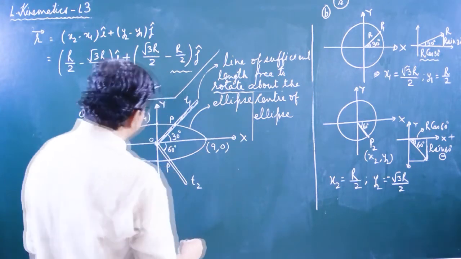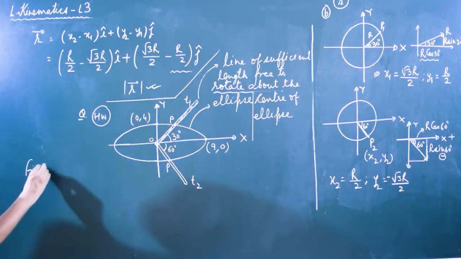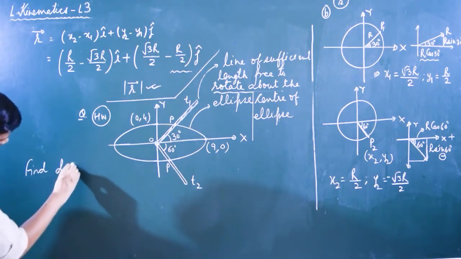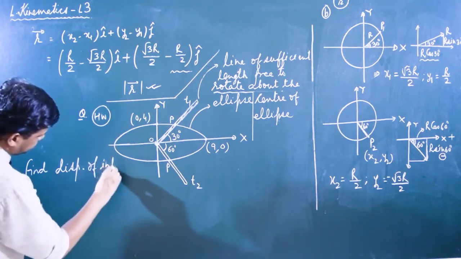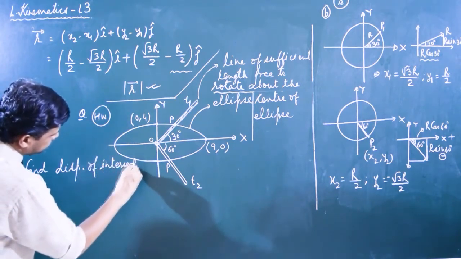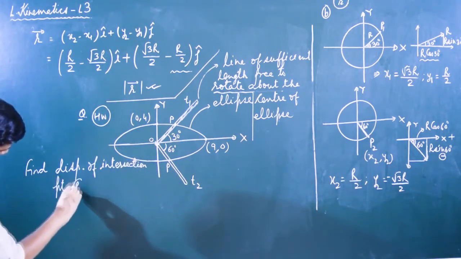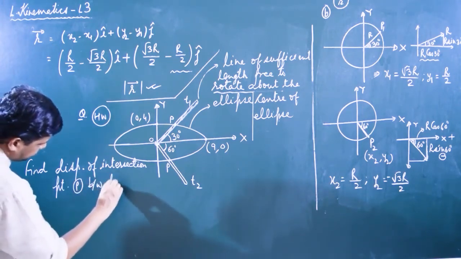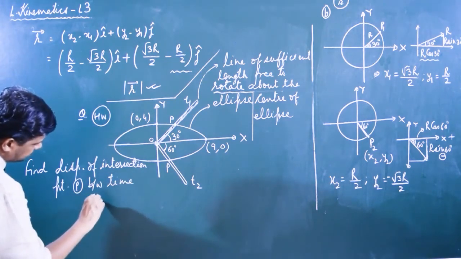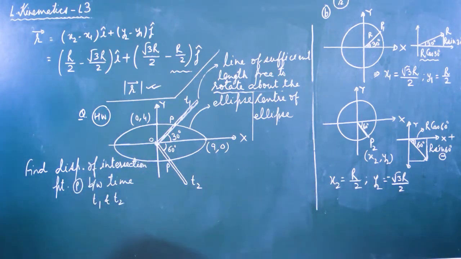So what we have to get: find the displacement of the intersection point P between time t1 and t2. So see, it is the question for homework. Okay,